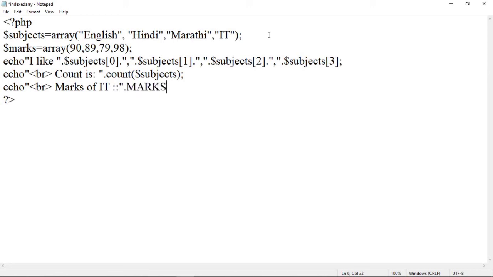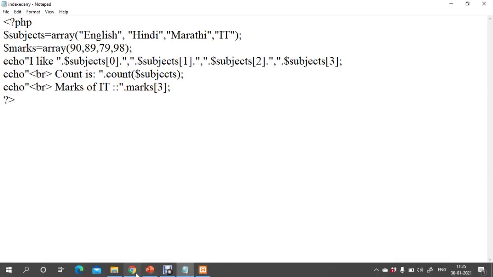The marks array, and within that the index of the IT subject marks is 0, 1, 2 and 3. So here add marks in brackets 3, and now add a semicolon. After that save this program and refresh the page to check the output.